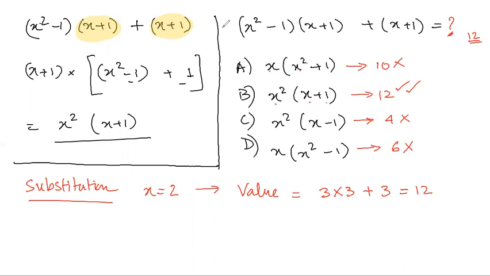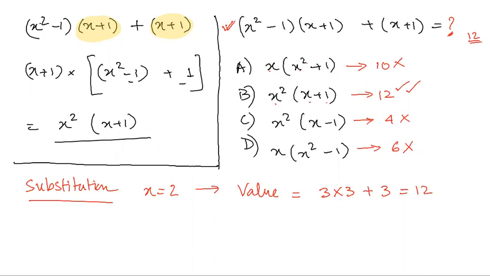So whenever you have been given a factorization question where the options are the factors, you don't necessarily need to multiply out the options and check which one matches the given form. What you do is just plug in some value and see what you get. Try to tally, with the same value of x plugged into each of the options, and calculate what the answer is. And that's why choosing a proper value is very important.